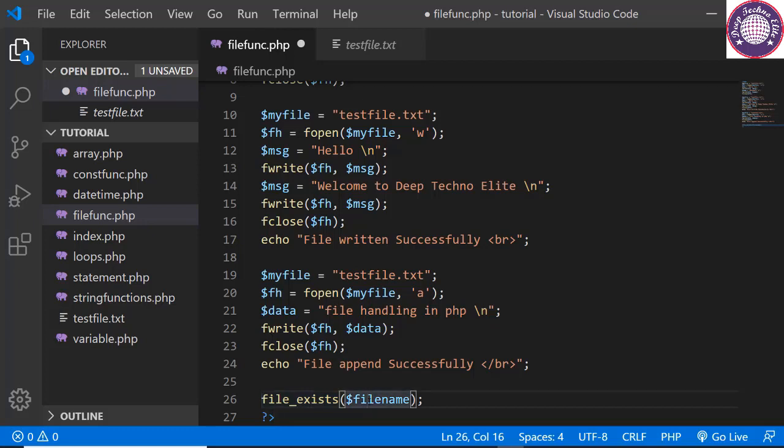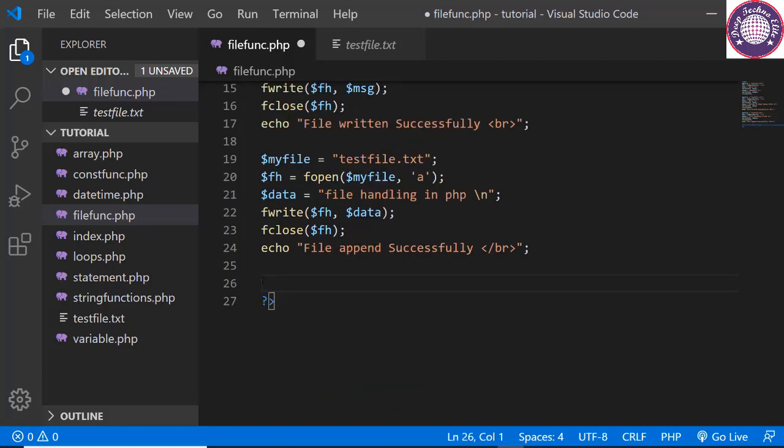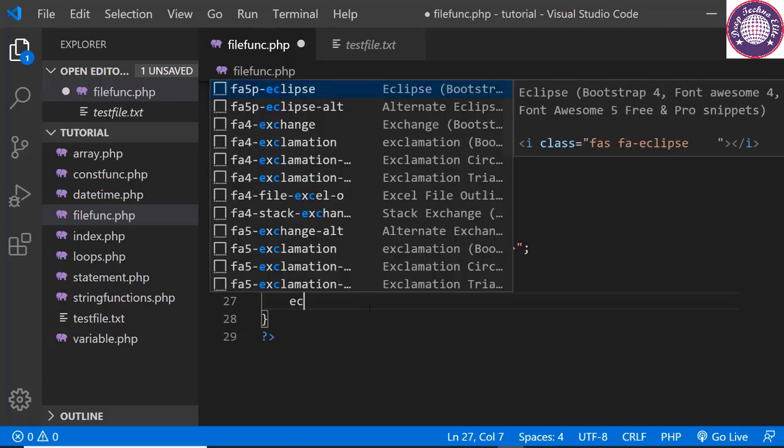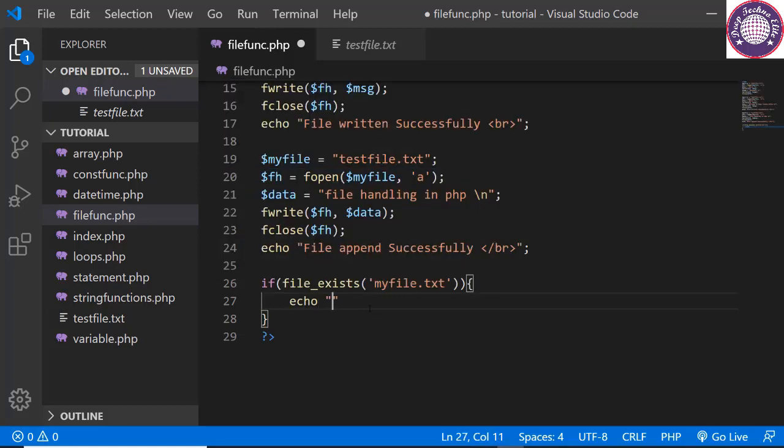So let's have an example. I'm going to have an if condition, file_exists function, and now let's have a file name, let's say myfile.txt. Opening and closing curly bracket. And now let's have echo, let's say file found, end with the semicolon.